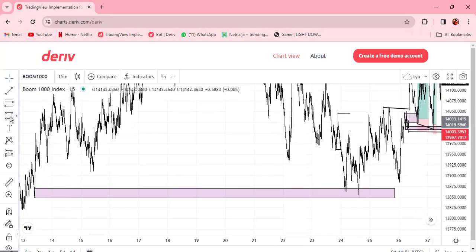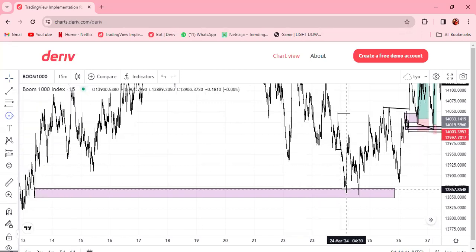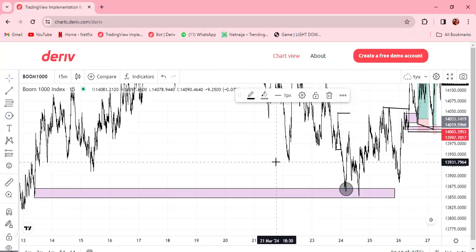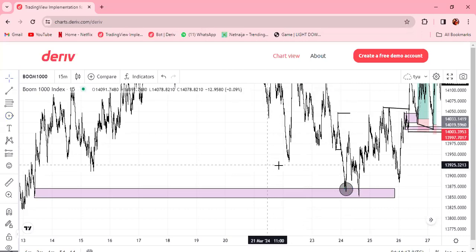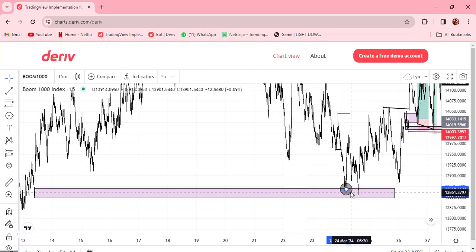So let me mark. These are the first buyers going into the market, and then price decided to come and break the entry here,